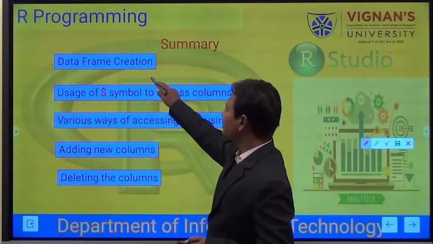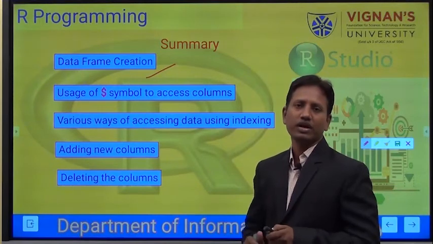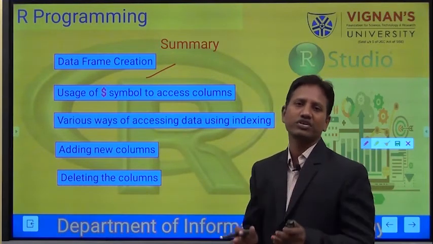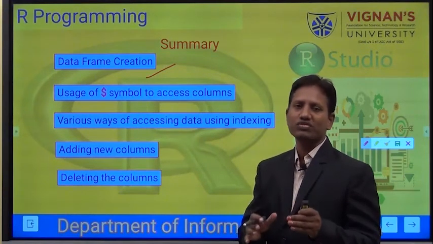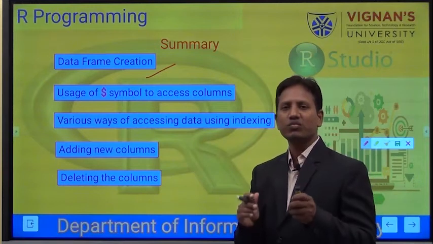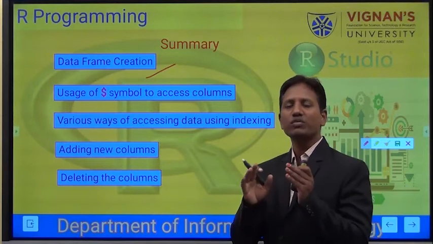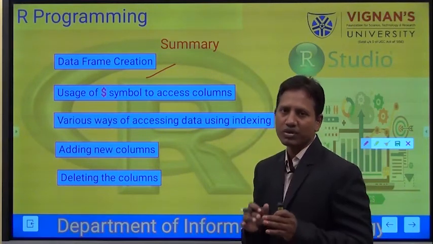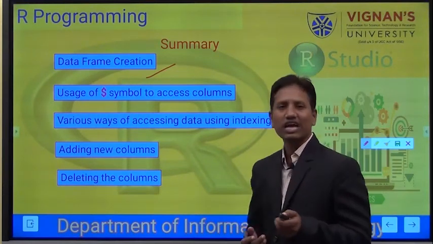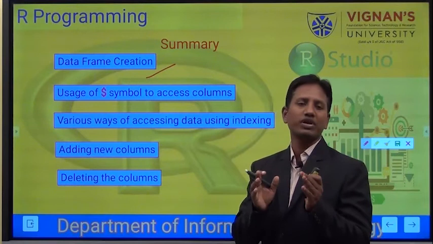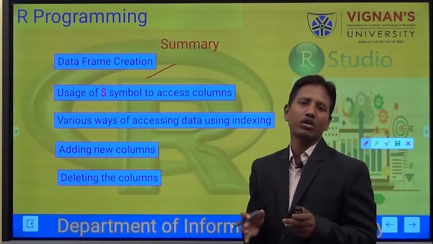First, we have learnt the definition of the data frame and the syntax of the data frame. A data frame is a table kind of structure. It's a two-dimensional structure. It comprises rows and columns. This is the most important data structure to store real-time data. And columns are going to be considered as variables. And we have some characteristics: column names cannot be empty, row names must be unique, and the lengths of the columns must be the same.